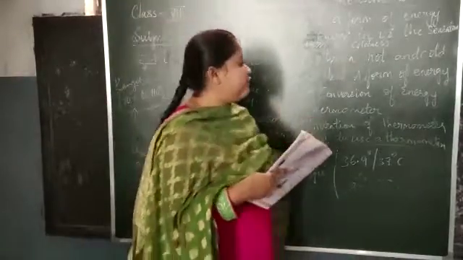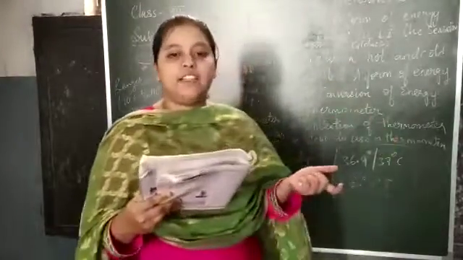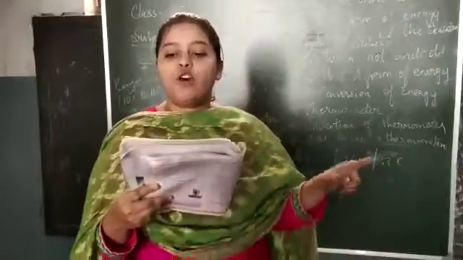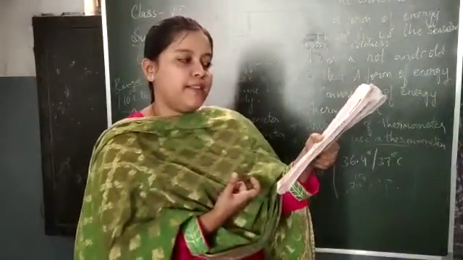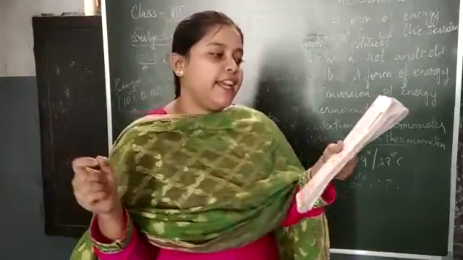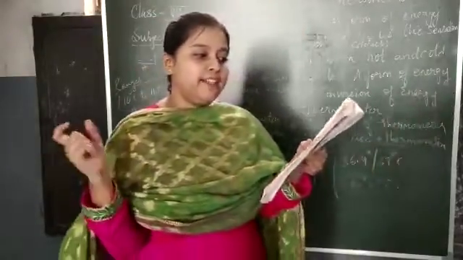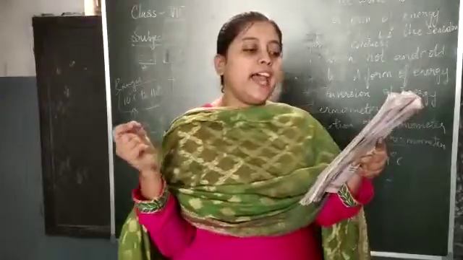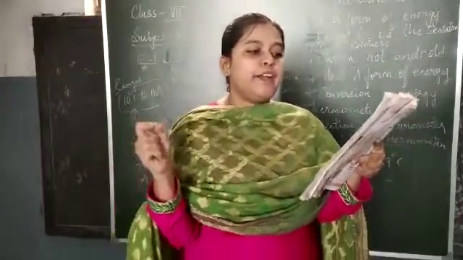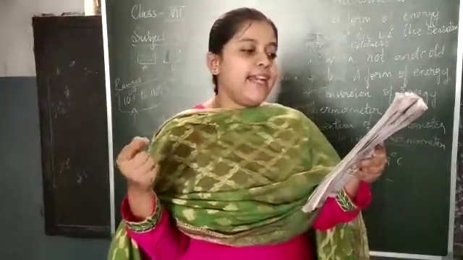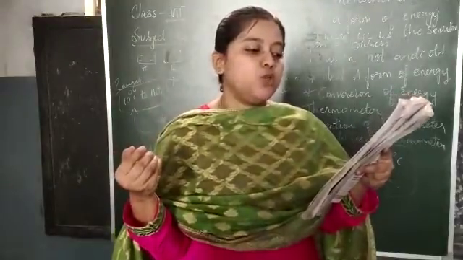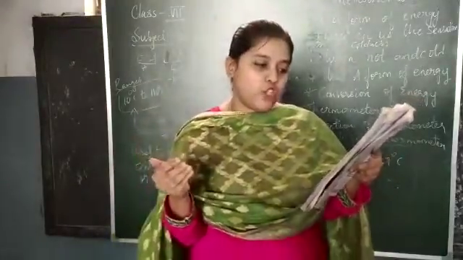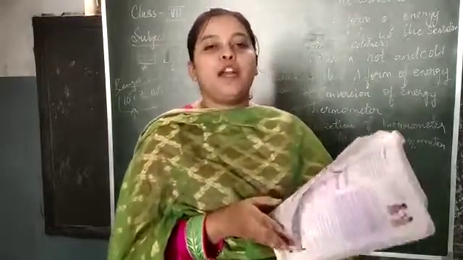Now next coming to the invention of the thermometer. Who invented the thermometer, children? The first thermometer was invented by Galileo. In your textbook you can see page number 47. In 1593 AD, Galileo invented the thermometer. In this thermometer, air was used as the thermometric substance, as air rapidly expands on heating and contracts on cooling. Further, the substance that is used in a thermometer has uniform expansion or contraction with rise or fall in temperature.